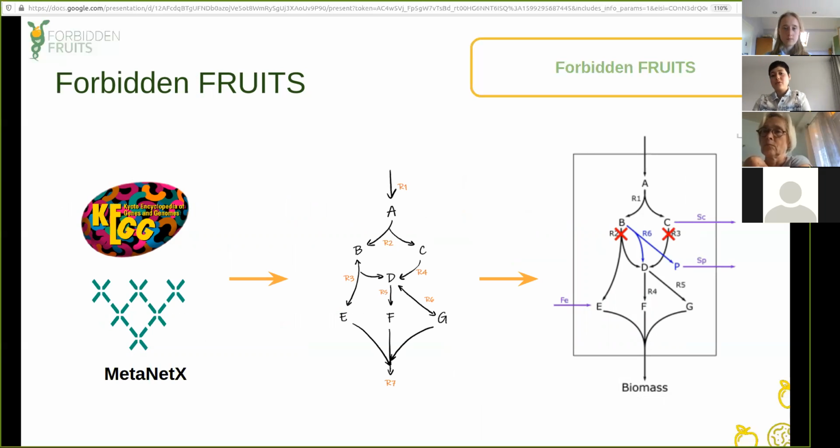And so Forbidden Fruits uses all that we have mentioned. It collects information about the metabolic networks and other chemical reactions from the databases, and then it provides us with a complete model of a microorganism and a whole set of reactions. And then within all this information, the algorithm can find the reactions that we could introduce in the metabolic network of the cell to produce our target compound. And it also tells us which reactions we would have to remove from the metabolic network. So it finds the optimal way in which growth-coupled production can be achieved in a microorganism.